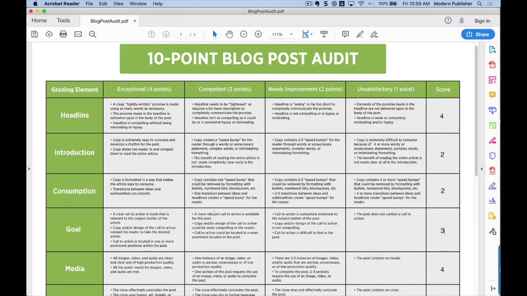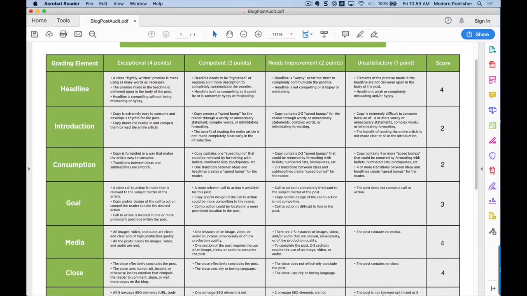So a more relevant call to action is available. Let's look at the media. Images, video, and audio are clean and clear and high production value. So